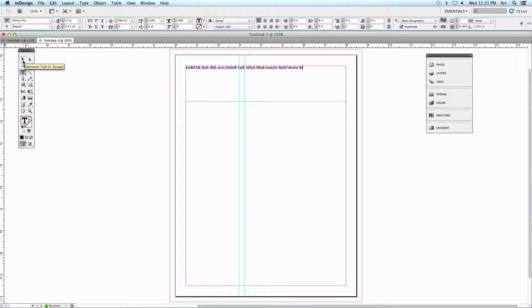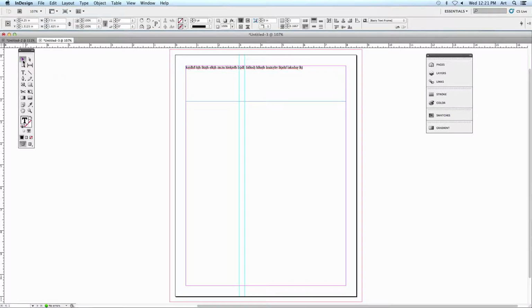Your selection tool is this black arrow at the very top. Sometimes I'll just call it the black arrow tool. The selection tool allows you to select objects and move them around. So you can see how this becomes really handy when doing a design. You can tell exactly where you want your type to be, where you want a picture to be. So if I wanted this to start right there and be in between those two lines, I can move it